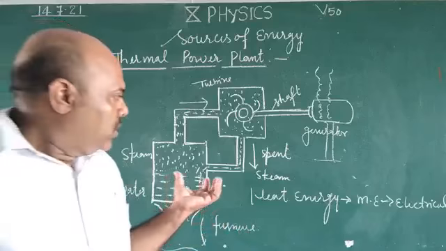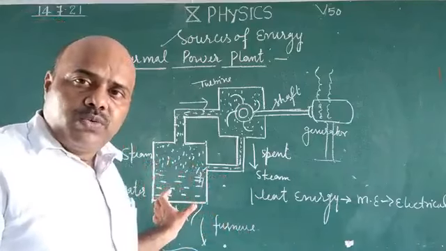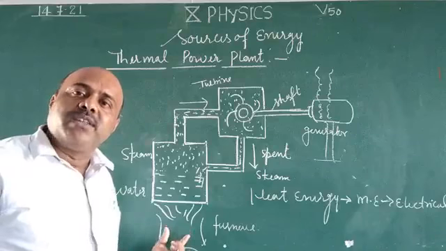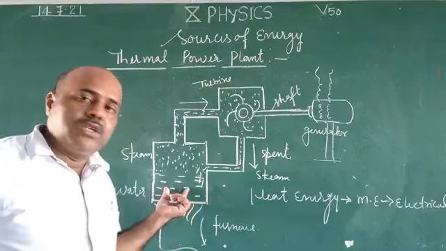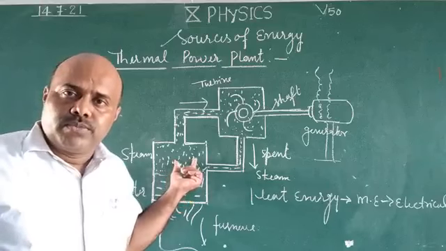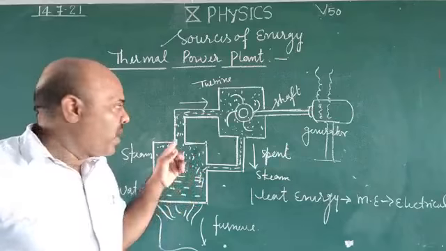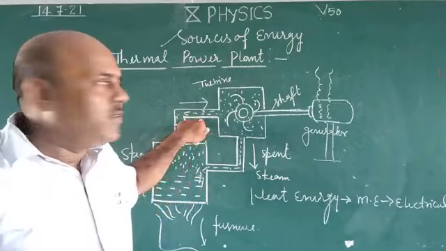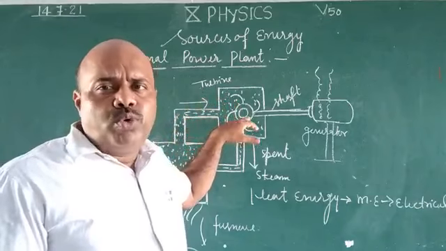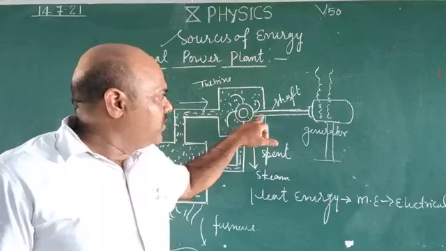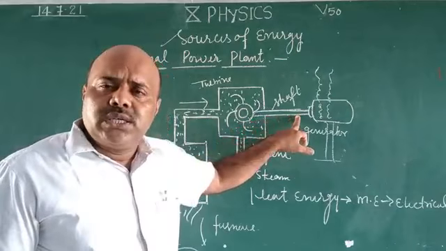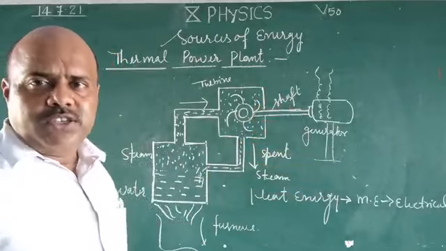Dear friend, the water is stored in this boiler tank, and heat is required from the fuels. When the fuel is burned, this water becomes hot, and then it becomes steam. With high pressure, this steam passes through this pipe line and falls on the turbine chamber. Now the blades of the turbine begin to move, and the shaft connected with the turbine also moves. When the shaft rotates, the mechanical energy is converted into electrical energy.